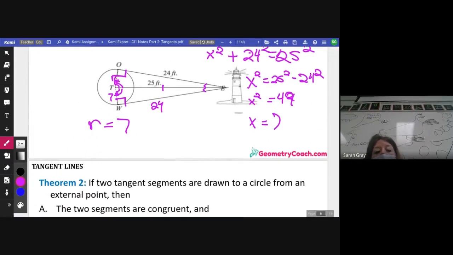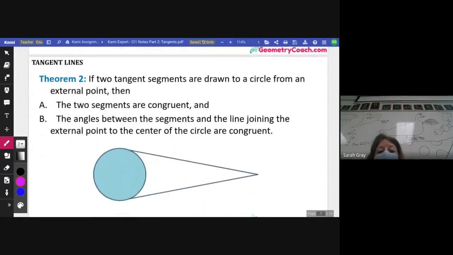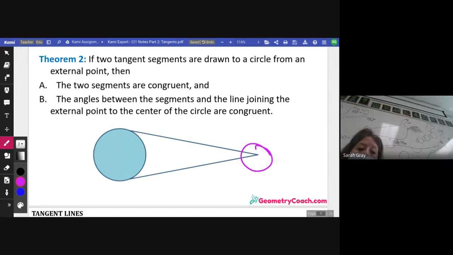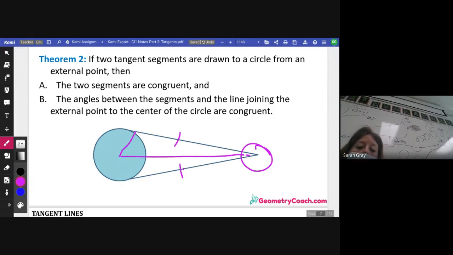Okay, and that leads us right into the next theorem. If 2 tangent segments are drawn from an external point, so if there's one point and they both meet it, then that is going to happen every time. Those 2 tangents are going to be congruent because they are being formed by 2 congruent triangles. So anytime 2 tangents meet outside the circle at a point,